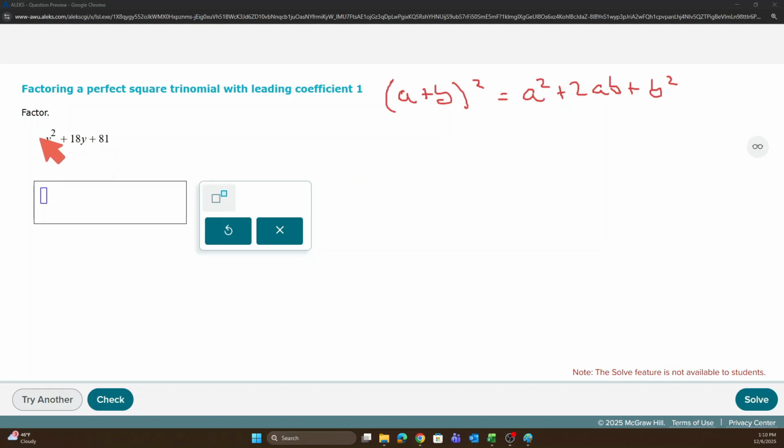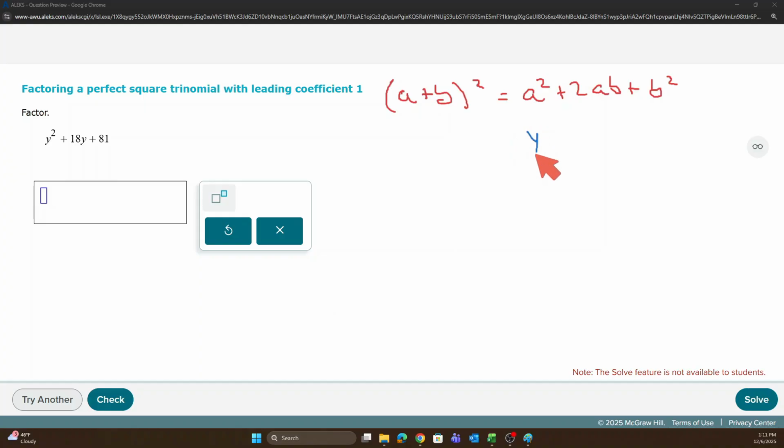And then you can just kind of recognize that's what this comes out to be. Or you can just do the method where we know this is 9 times 9, and those add up to 18. Either way, you're going to get, if you do this by the factoring using this formula here,